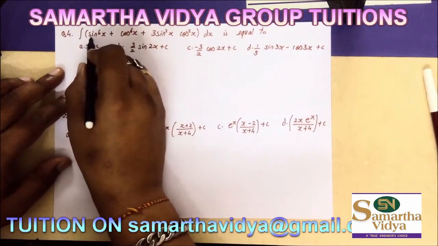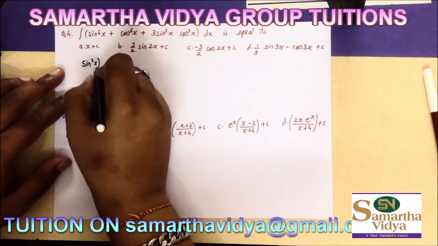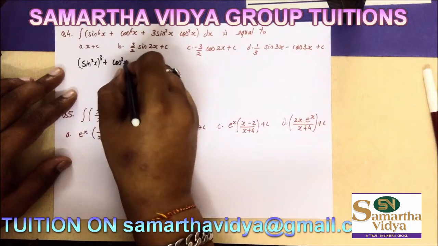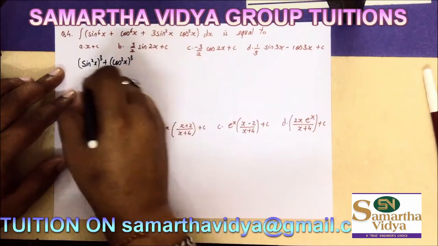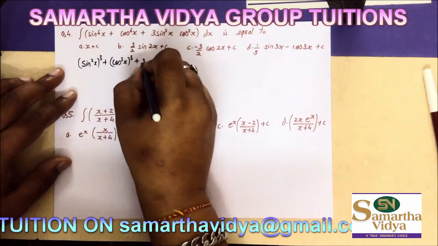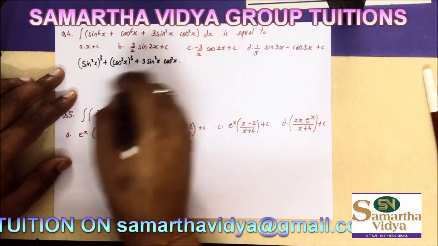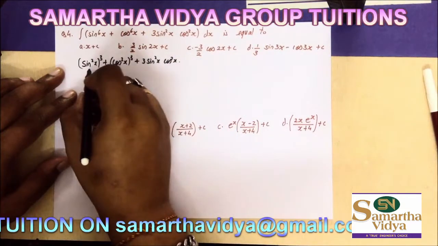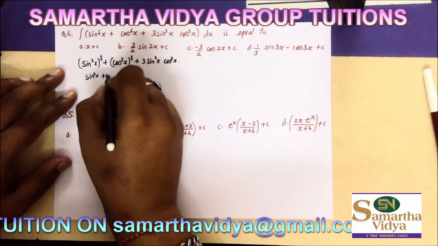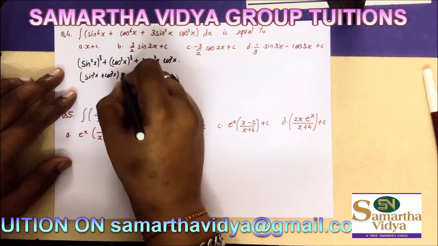What we can do is we can write this sin raised to 6x as sin square x the whole cube, and the same thing goes with the cos. So we have this thing in a cube plus b cube form. So a cube plus b cube is nothing but a plus b, so that's going to be sin square x plus cos square x. We know that's 1, so that's simply just 1.